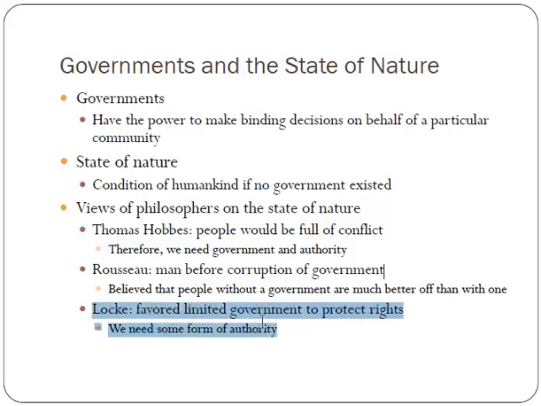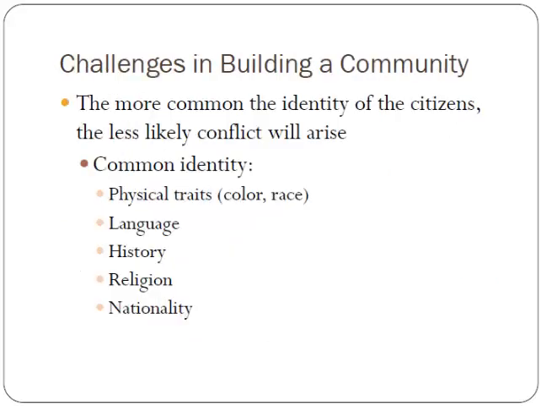The one that we really do follow here in the United States is the John Locke philosophy. The John Locke philosophy is that there should be a limited government. There should be a government to protect people and to enforce law and order, because we need some form of authority, but also we should protect people's rights. The Lockean idea is majority rules. The majority of people say what the rules are, but minority rights. People who disagree at least have their basic rights, things like freedom of speech, freedom of religion, etc.